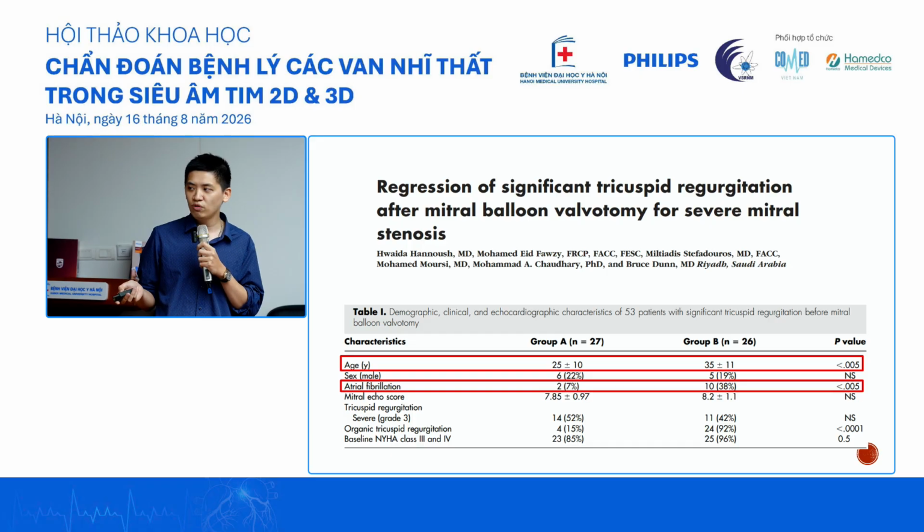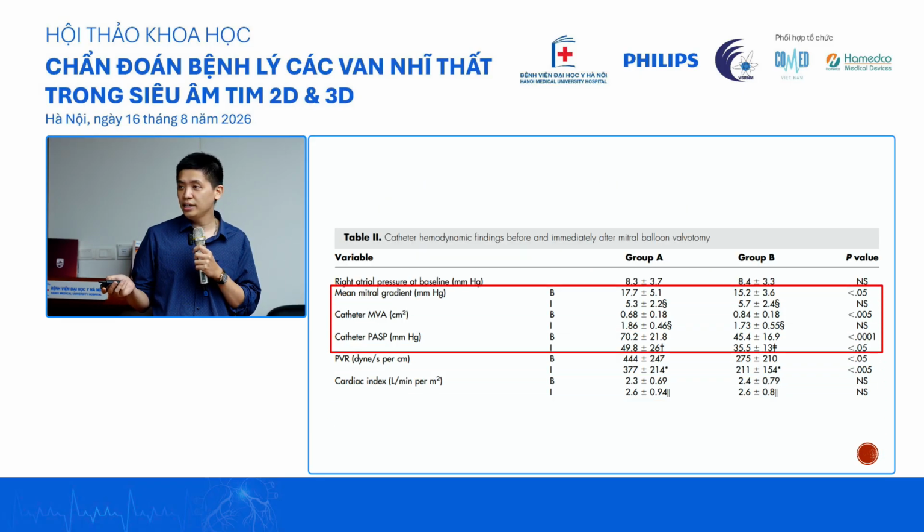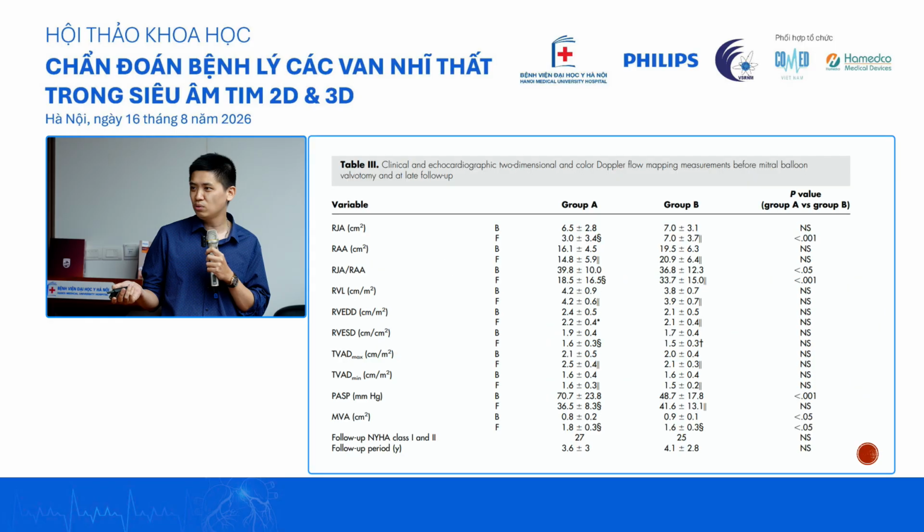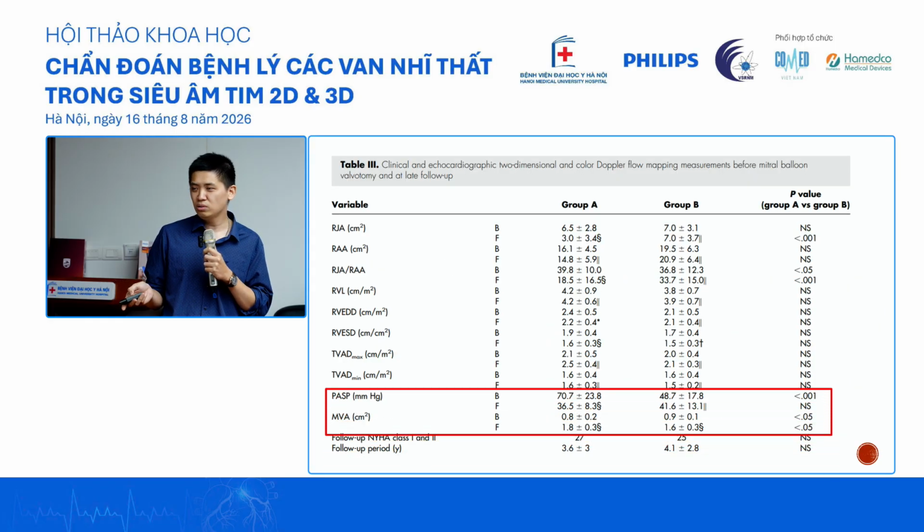They have a suboptimal valve for the procedure, because in this case after the procedure the valve area increased significantly from almost under 1 centimeter to sometimes 2.2, 2.5 centimeters. It was, I say, a very optimal result. Most of the patients we have didn't even get to that level, but over the follow-up time, they experienced no TR regression at all. So that's something to think about when you send a patient for valvotomy with severe TR.